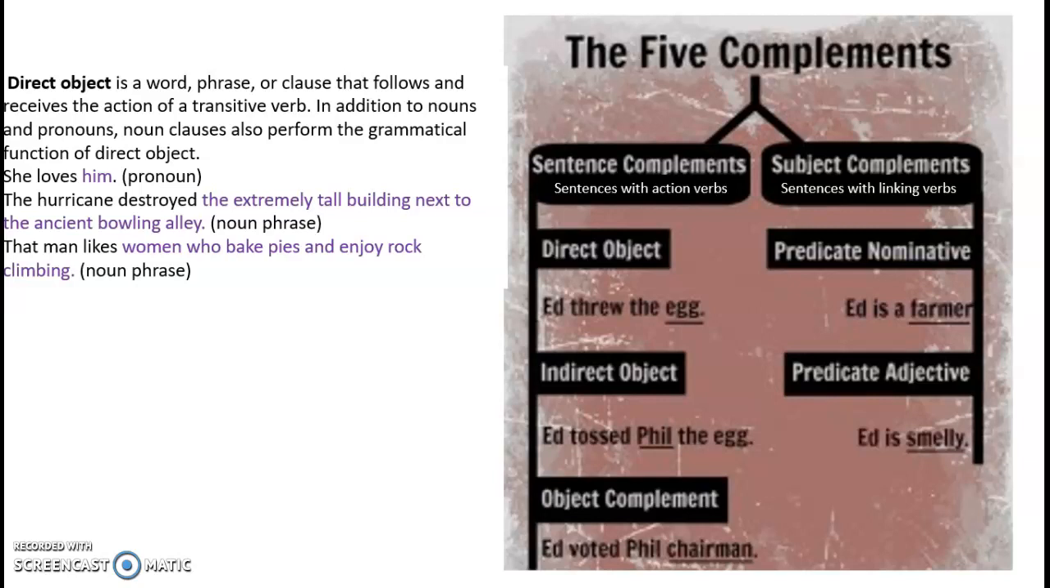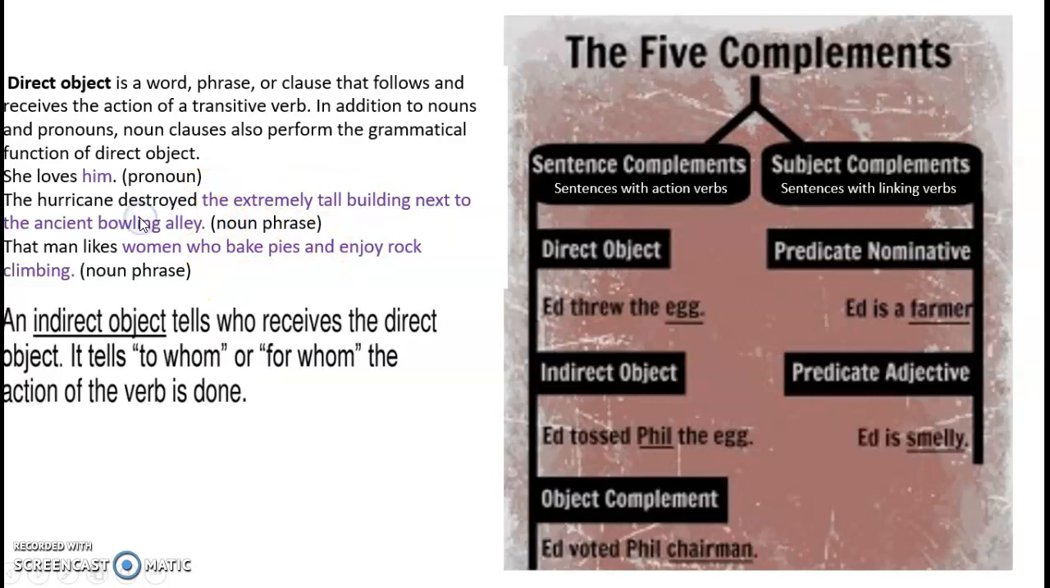The hurricane destroyed the extremely tall building next to the ancient bowling alley. It is a noun phrase. So noun phrases also function as direct objects, because we can take this entire noun phrase and replace it with an object pronoun, for example. We can say the hurricane destroyed it. If we can replace the entire noun phrase with an object pronoun,